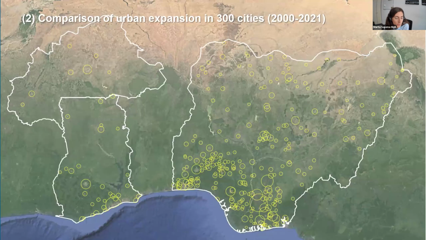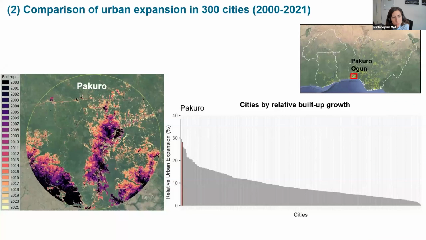And also very quickly, we applied this to 300 cities in Western Africa because we also had another research project going on in Nigeria, Ghana, and Burkina Faso. We wanted to compare the urban growth in cities with more than 50,000 inhabitants. So we produced this map for several areas so we can compare how fast they were growing.